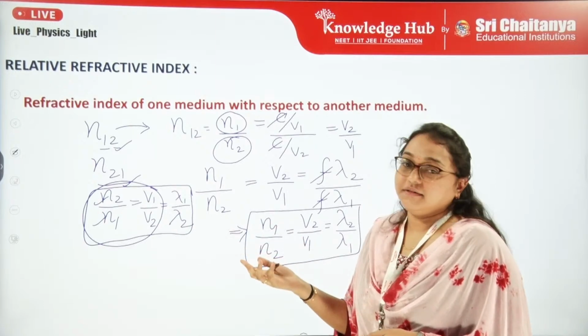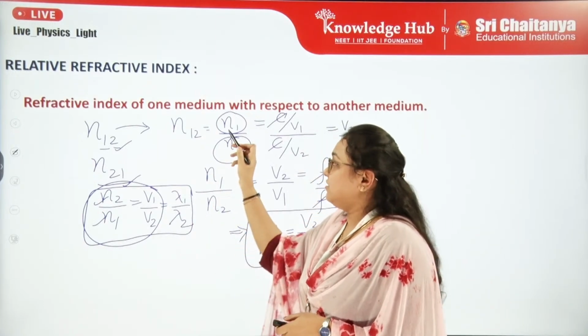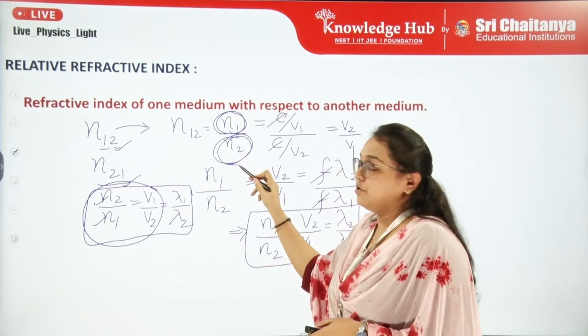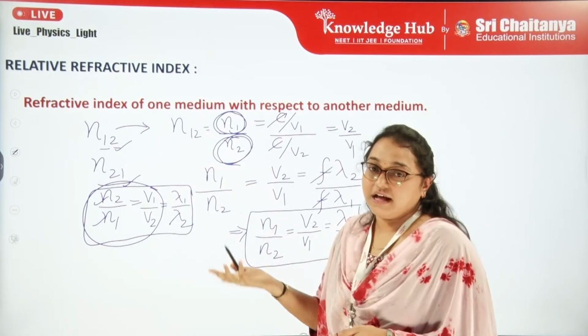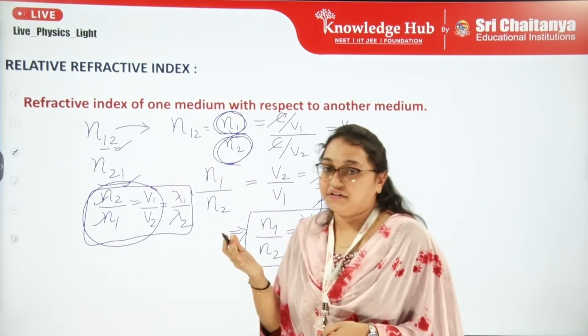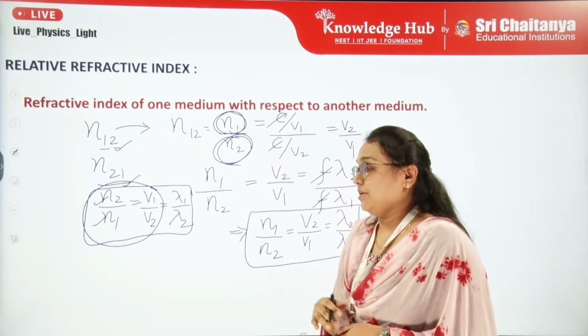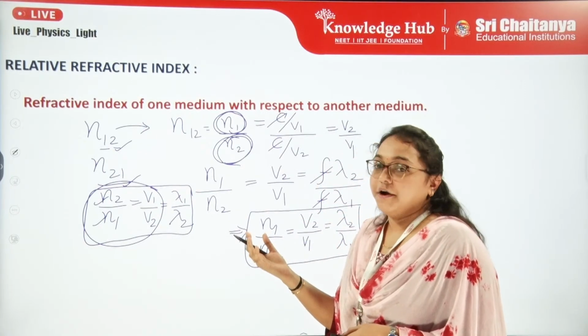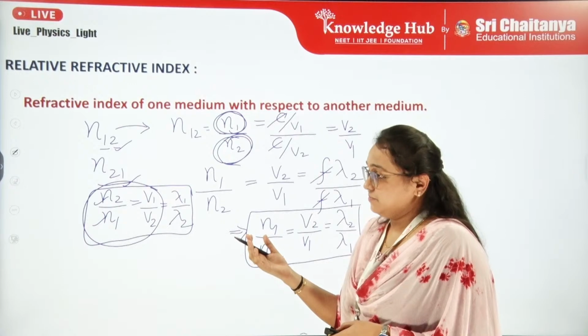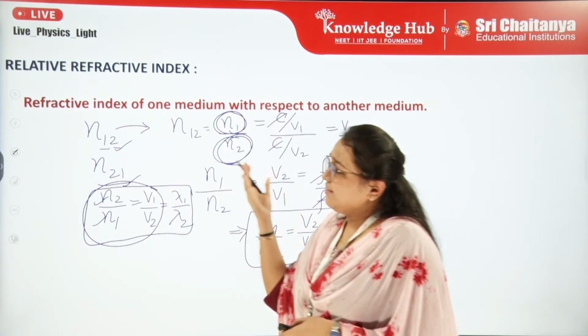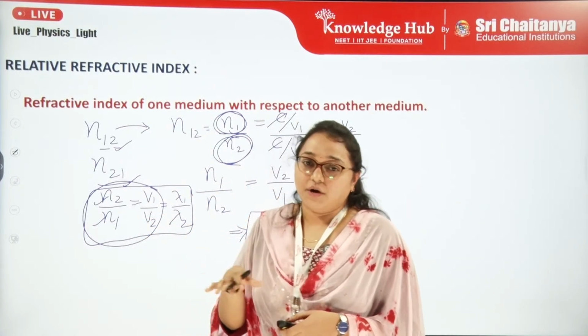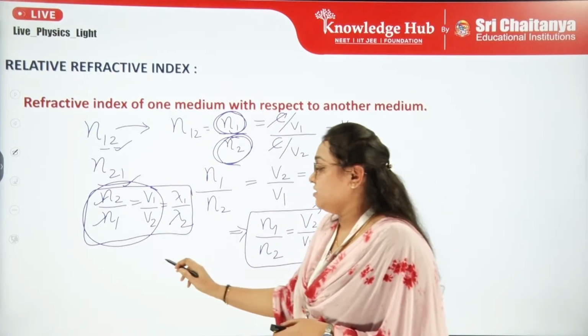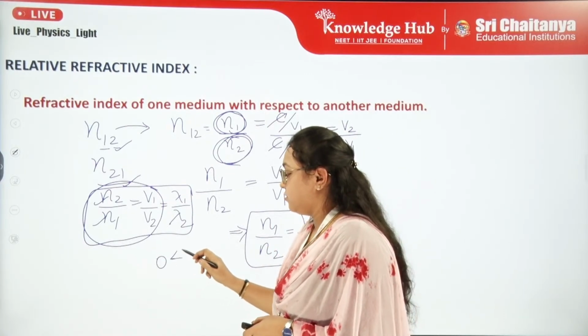And what about the unit? Yes, again, this doesn't have any unit, this doesn't have any unit. So this also doesn't have any unit. So relative refractive index also doesn't have any unit. And also another important point related to relative refractive index is, it can take any value less than 1 too. So its value lies between 0 and 1.